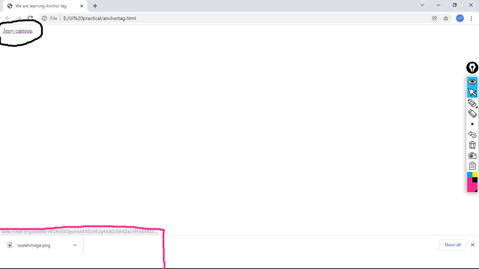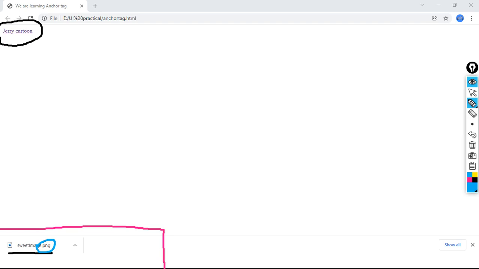See, one image came here. What is the name of the image? Observe carefully. Sweet image.png. We had not mentioned this extension of png, but browser has taken that png extension.